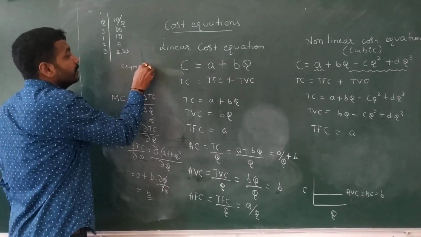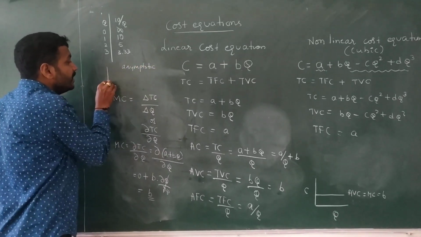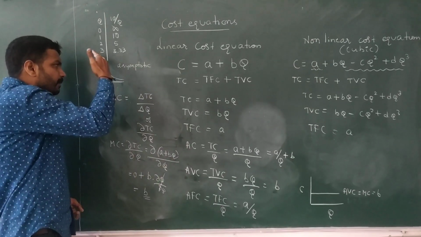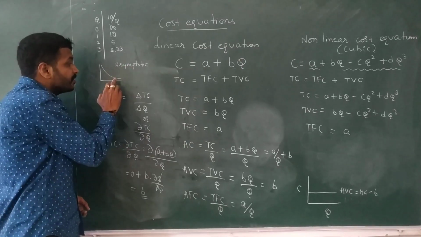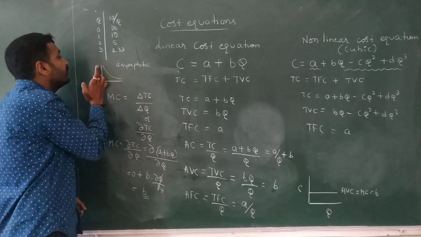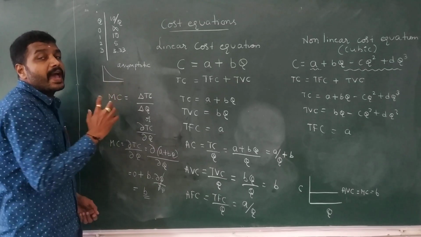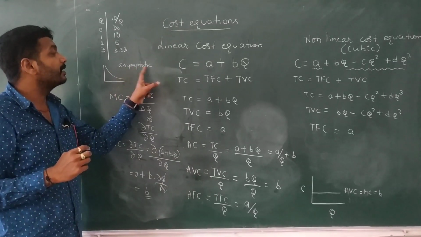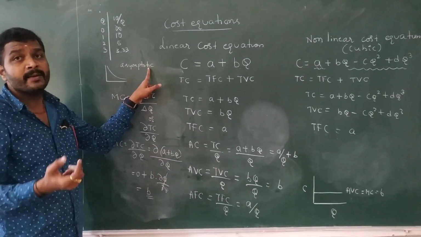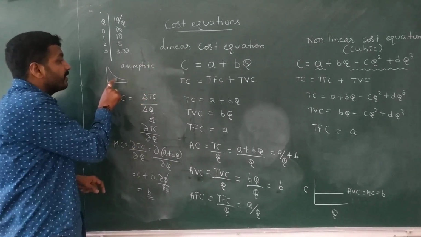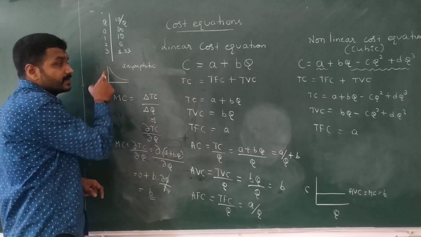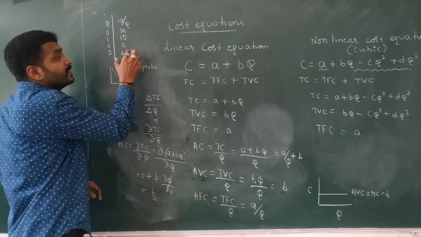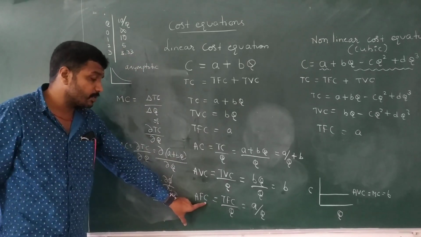It used to be asymptotic and the very nature of the curve used to be something like this. That means it keeps on falling, it never touches this axis and it never touches even this axis. That means the axis will not be touched by this curve. Hence we call that asymptotic. If it used to be symptotic means somewhere it used to intersect the axis, but it is not the case in case of average fixed cost curve.